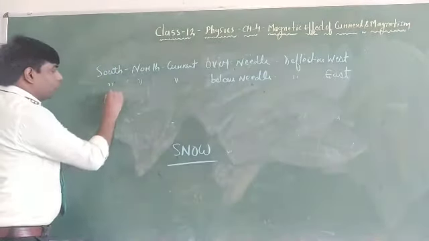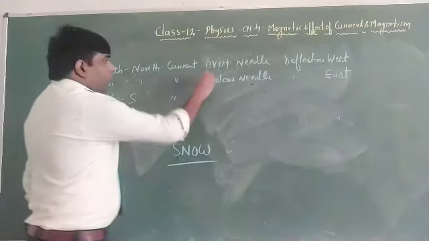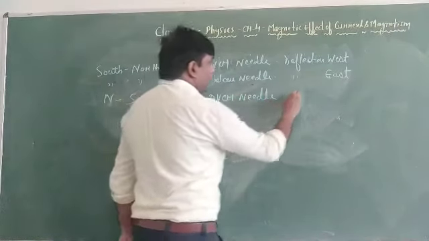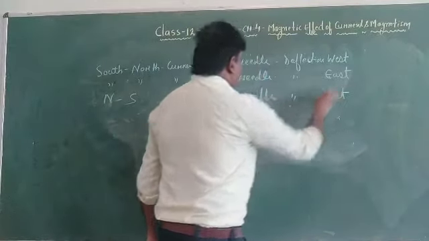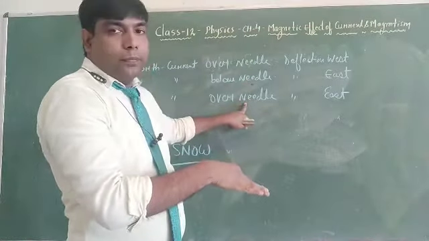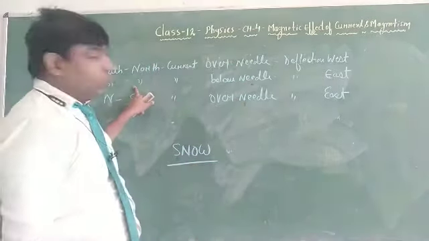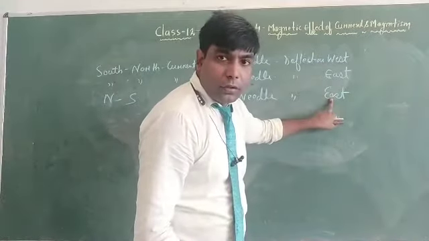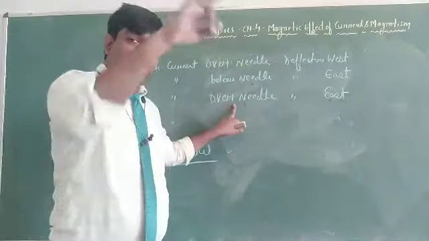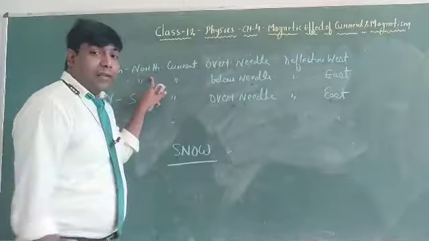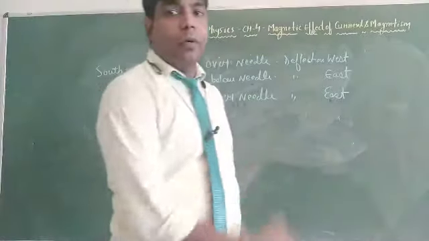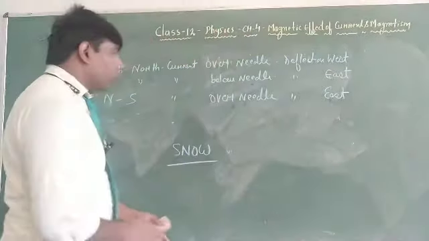Now if current is from north to south and the wire is over the needle, deflection. Now the wire is above the needle only. This condition is not changing in the third, but we are changing the direction of current. Then the deflection direction will also change. That is, either you change the position of the wire, above or below the needle, or you change the direction of the current, there will be a change in the direction of the deflection, right? And it was given by what? It was Ampere's swimming rule, right?